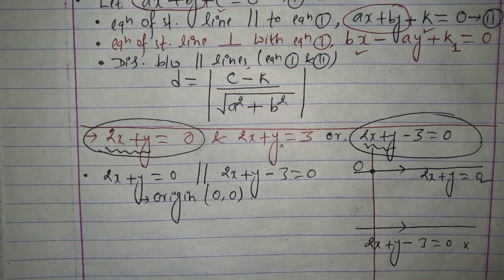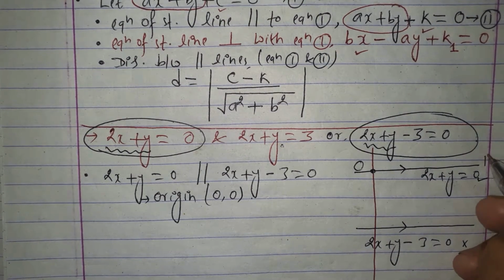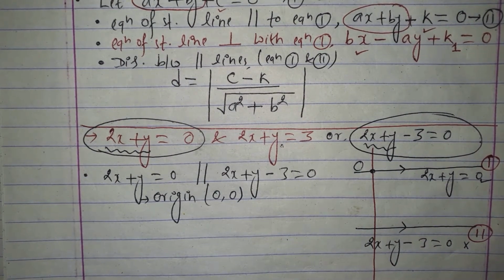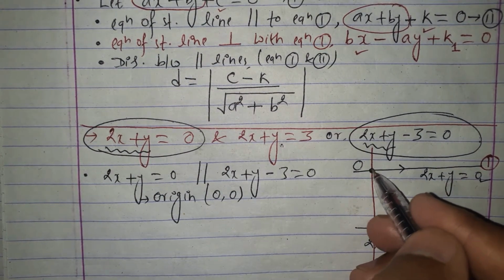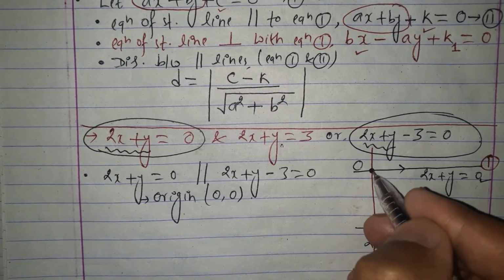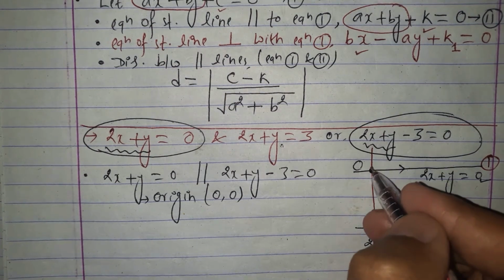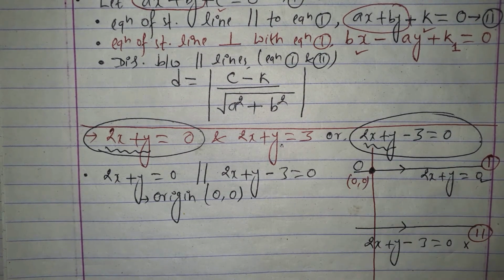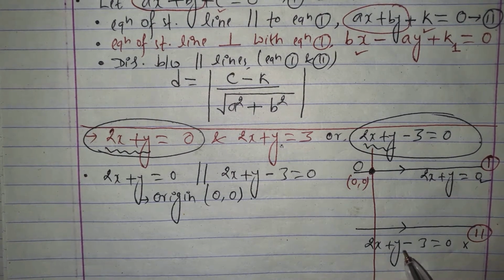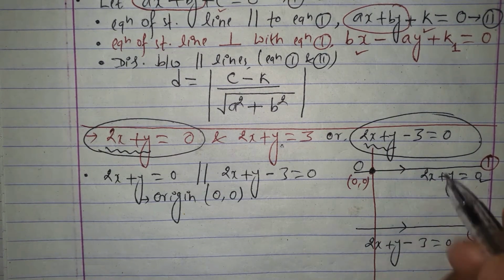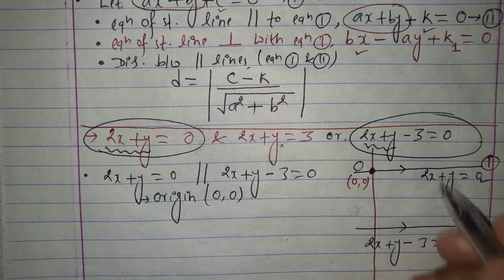This is another side. Let's say this is side 1, this is side 2, and this is the third side, which should pass through the origin, because the origin is taken as a corner of a square. Corner means the meeting point of the two sides. So the other side should pass through this point, this origin. This is the third side, and the fourth side of the square should be parallel with the third side.